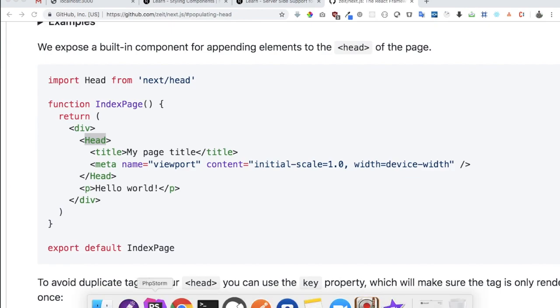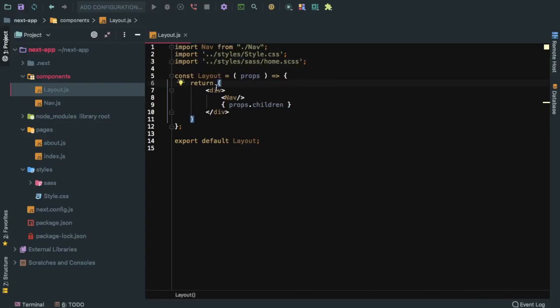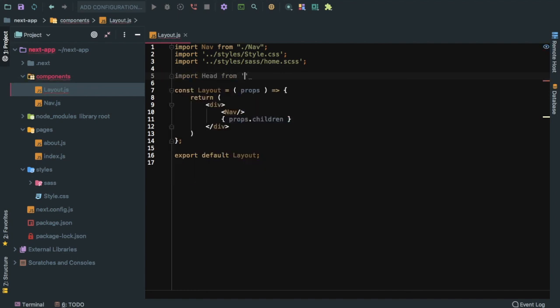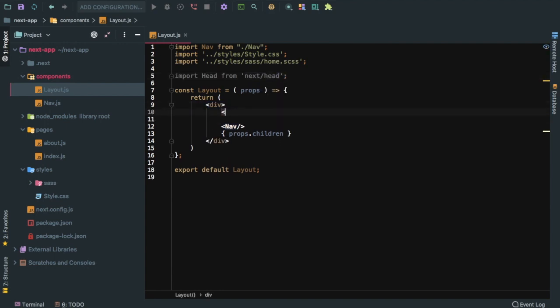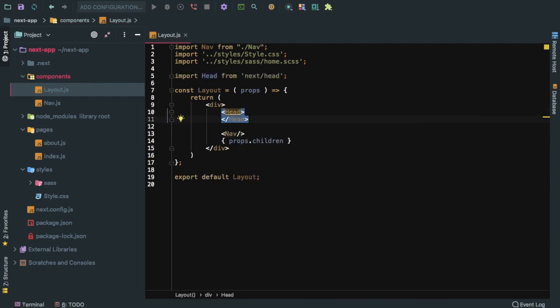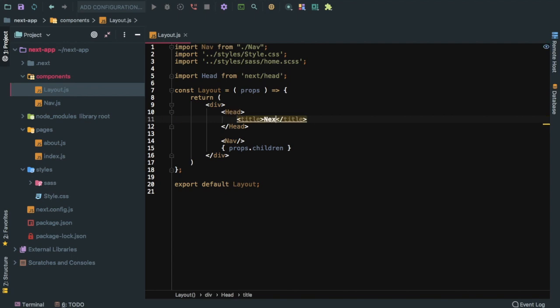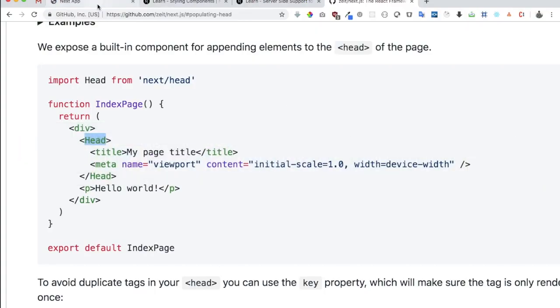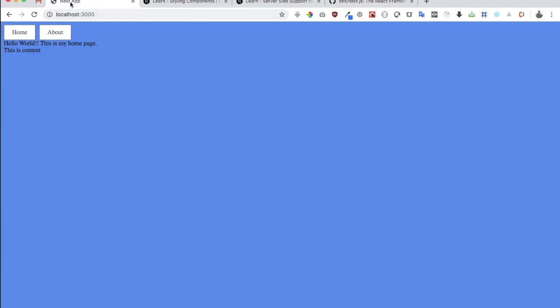Okay, so let's do that. So what I'm going to do is I'm going to import head from next/head. Okay, and then what I'm going to do is just on top, you can put it anywhere you want, that's completely fine. Inside of this there will be a closing and opening tag of head, and here we can mention title, and I can say next app. Okay, and let's see if that works. So yes, you can see we have a title, next app,